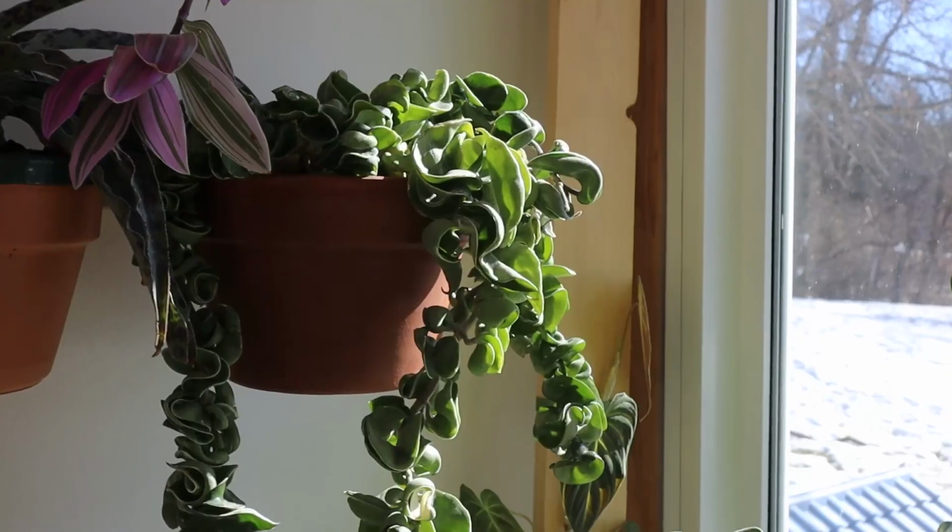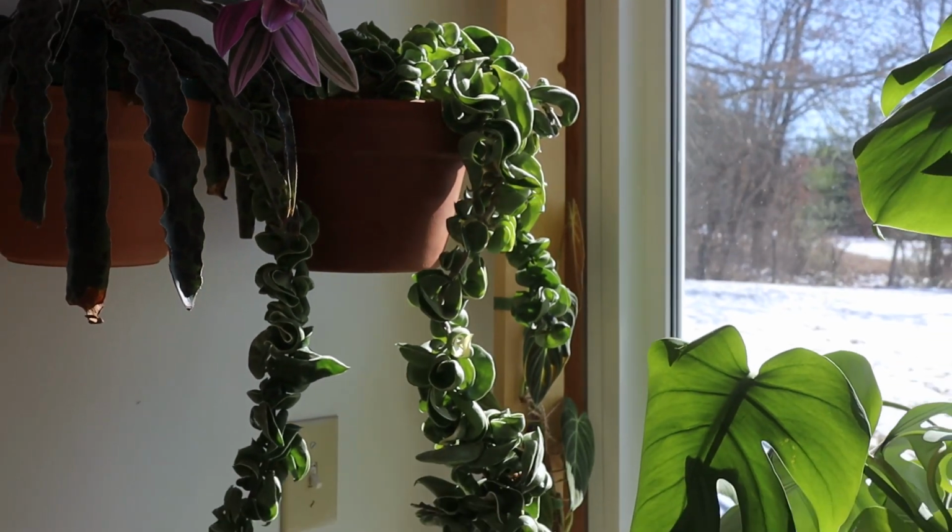Anyway, point is, I really want to put a lot more Rhipsalis up on my wall because they're basically like succulents, except better, and they do pretty good in low light, all things considered. I wouldn't consider this a low light situation, but I wouldn't consider it a high light situation. I'd say it's like a medium light, and only the plants very close to the south window will get direct sun exposure. And I have that spot lined up for my Hoya compacta variegata, the really big one, which